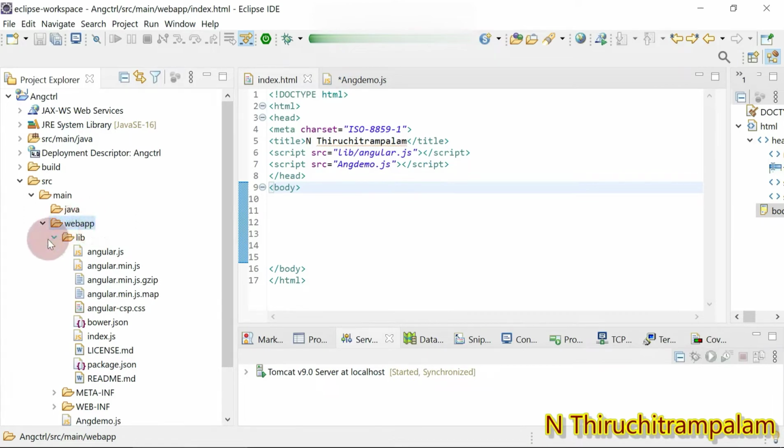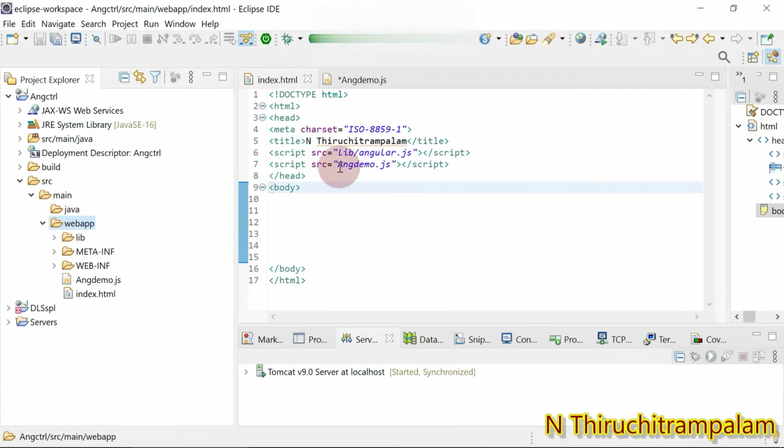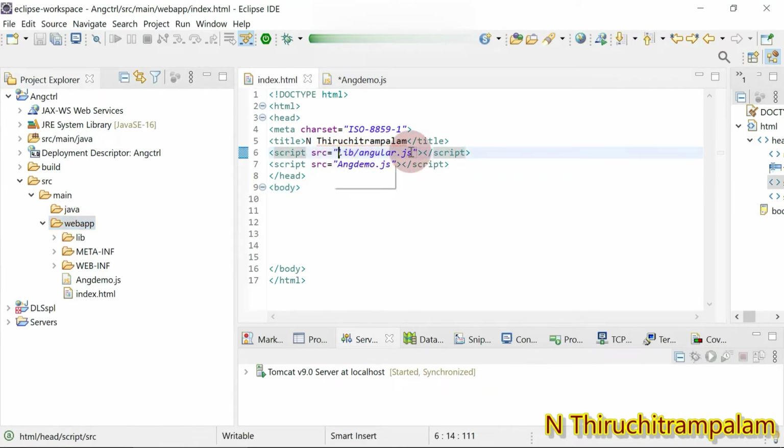I have included the angular.js file in the HTML file using the script element. Similarly, the demo.js file has been added to the index.html file using the script element.